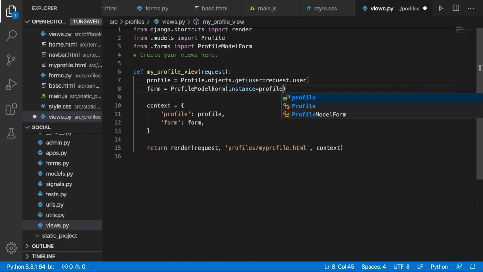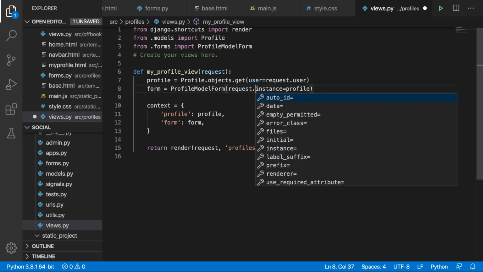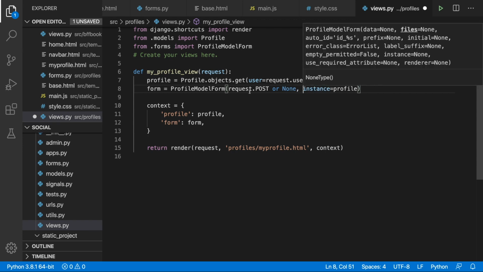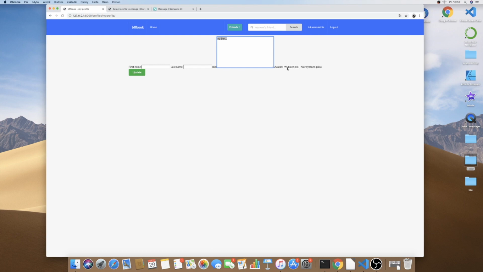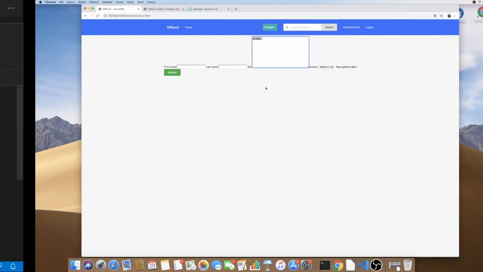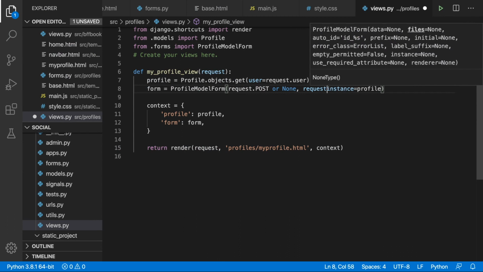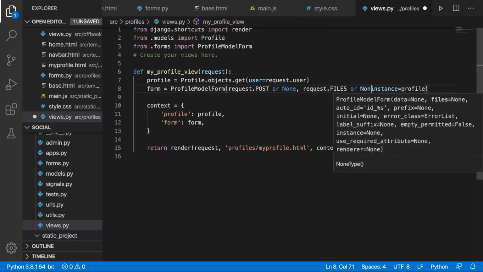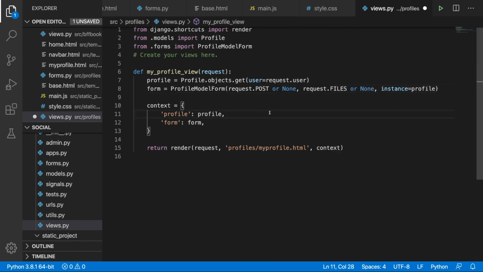So now we are indicating that this is the profile that we want to update with this instance. But also we need to put in request.POST or None, and we also want to send an avatar. So this is an image, this is a file, so we need to write down request.FILES or None. Okay, and now we can actually save this, but in order for this to work,